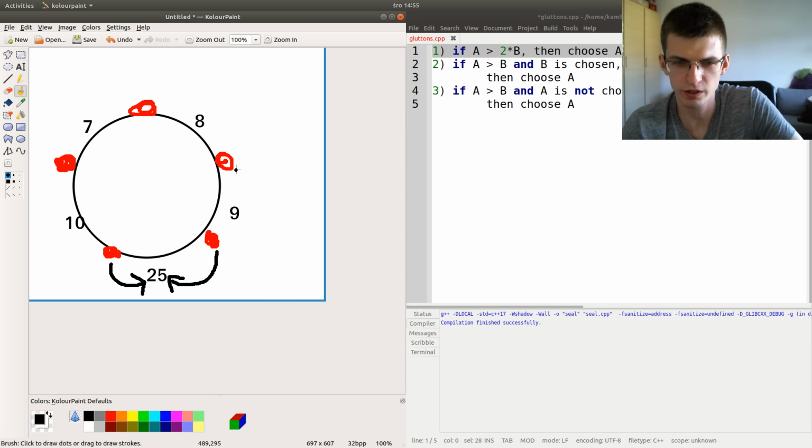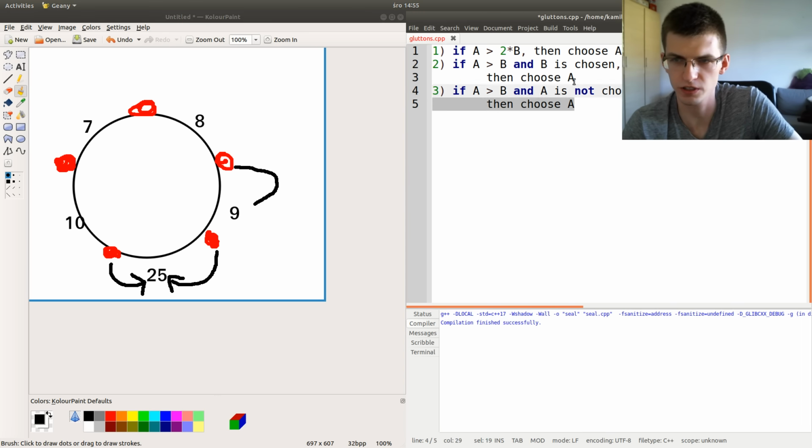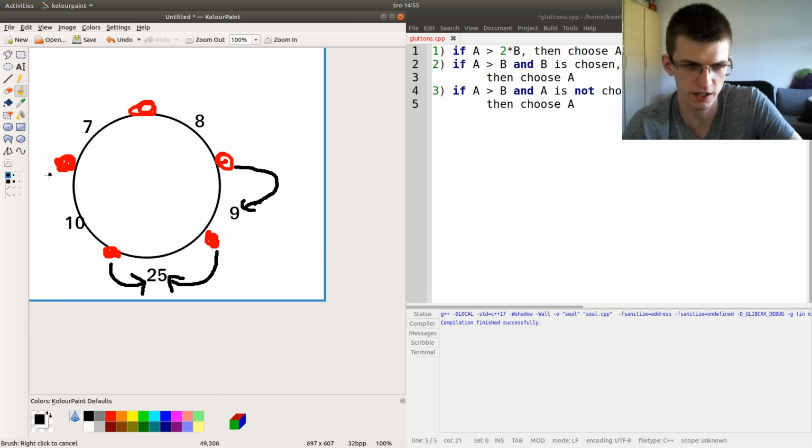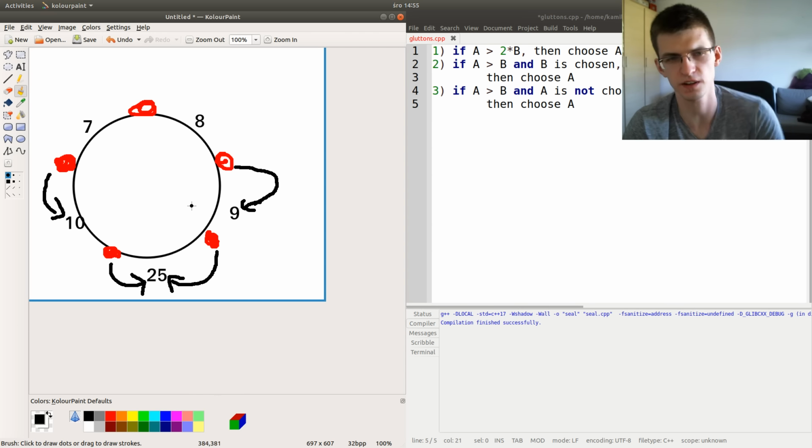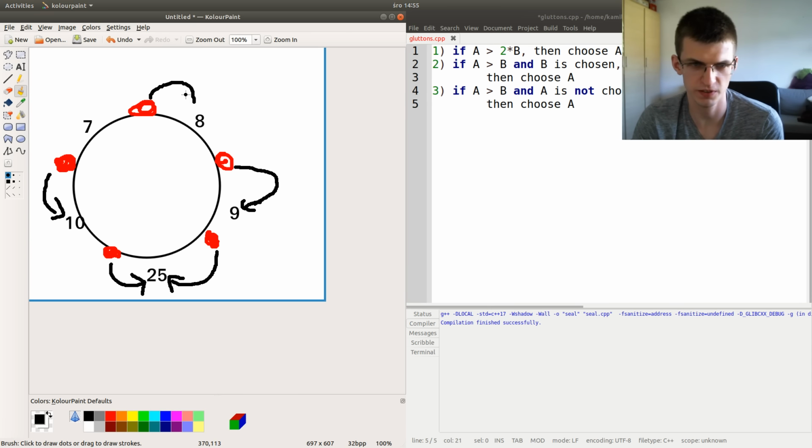In this particular case, now from our rules on the right, we would get that this guy should take this value, this guy this value, so we go on, and this guy can choose either the whole 7 or 8, and he would choose 8.